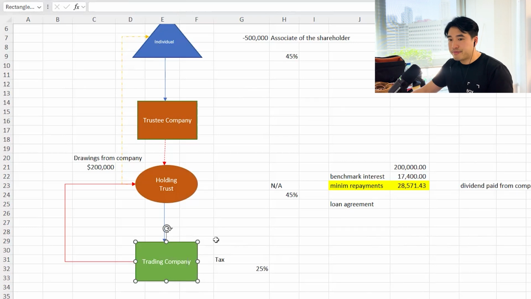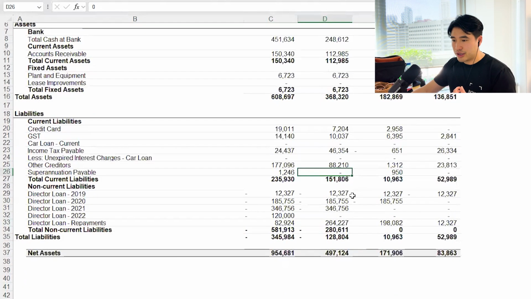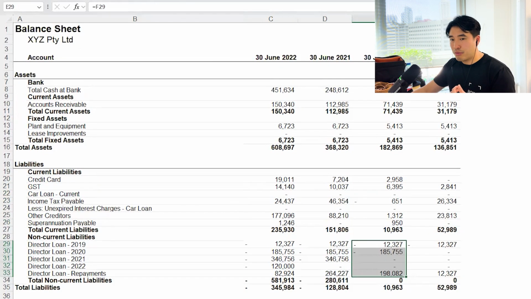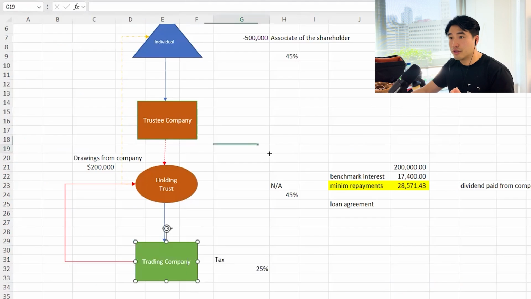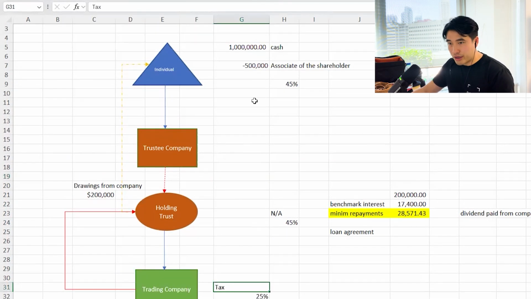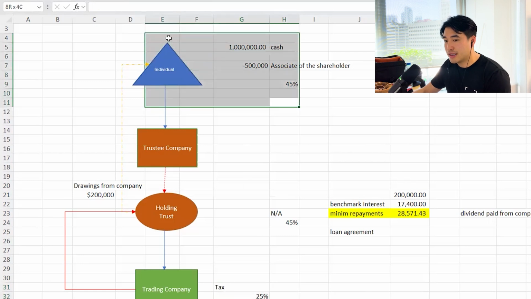If that happens, it's called a credit loan. Why do I call it a credit loan? Because in this balance sheet, it sits as a positive liability. So the company owes the individual instead. As I mentioned before, the tax rate for the personal income that was generated to make this $1 million was 45%, and it has already been paid. The ATO doesn't care about this side because the tax rate is 25% in the company, and the tax has already been paid for that $1 million.